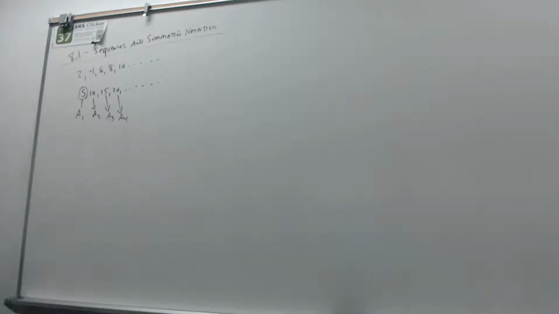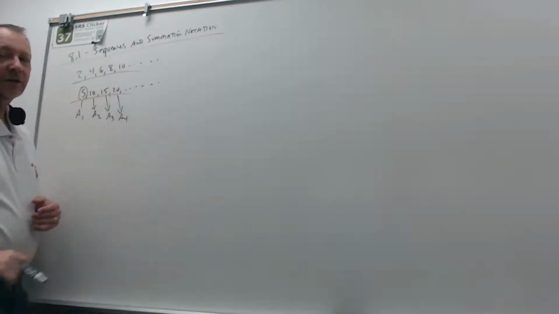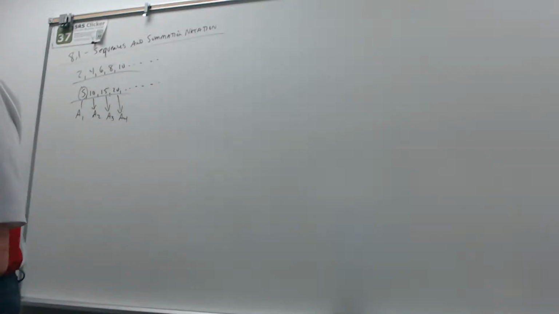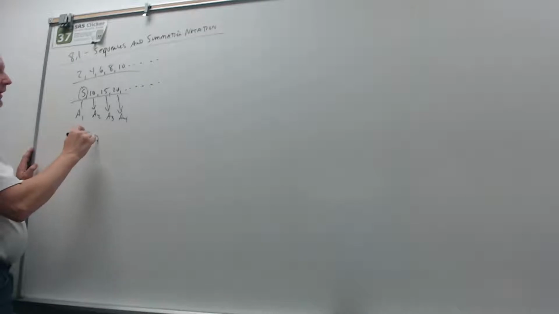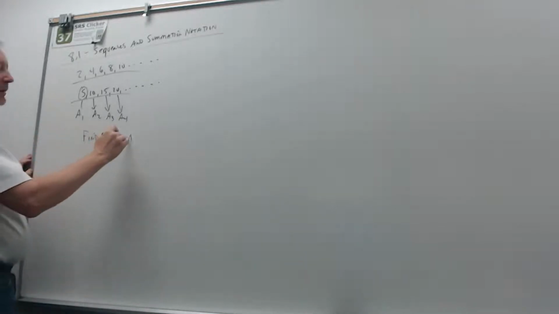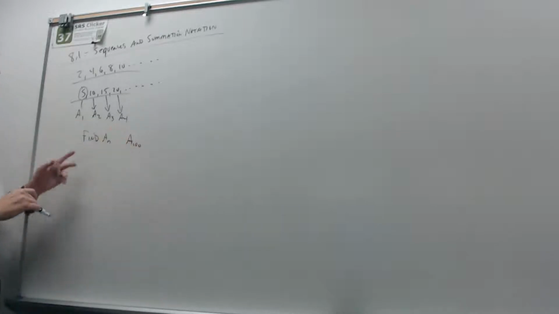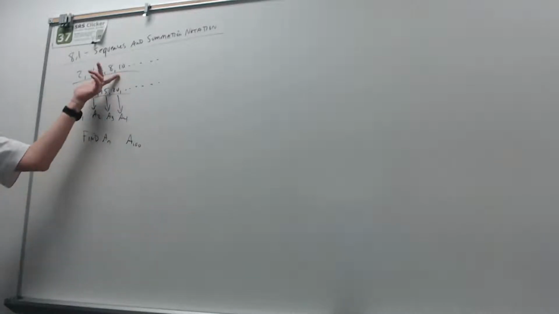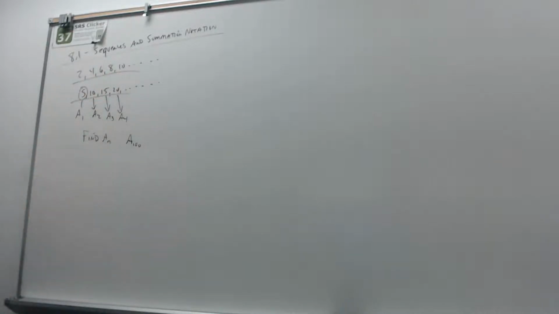Okay. So these are just some common sequences. We'll get into some more uncommon ones. And then we might say, for example, find a sub n, where n represents a number, such as a sub 100. That one might be a little bit harder to figure out right now, but you could probably figure it out if you just counted out 100 terms, right? Okay. We'll try to find some formulas so we don't have to guess what a sub 100 is here. Okay. So let's do some